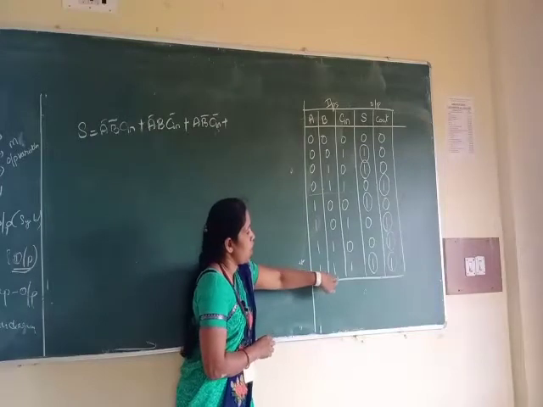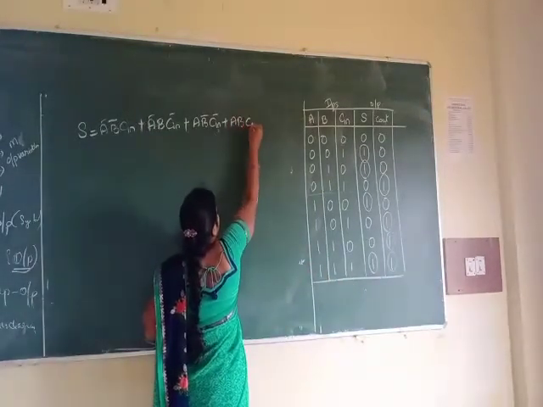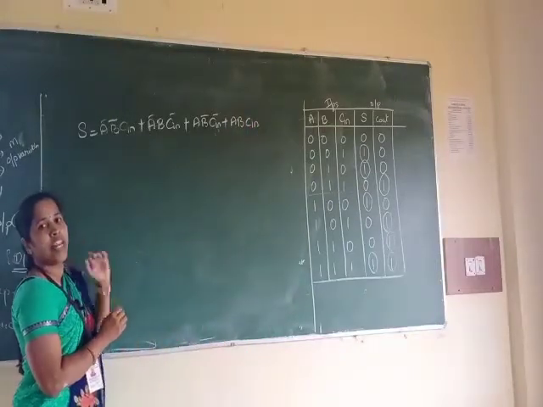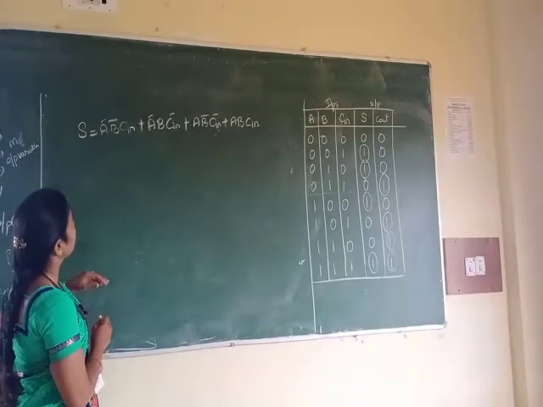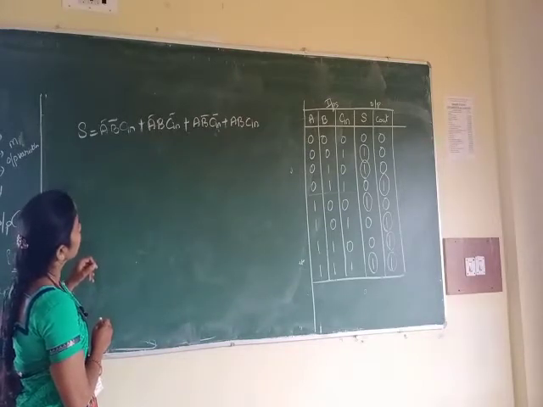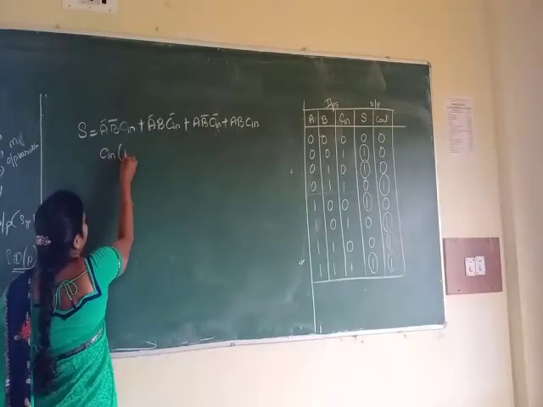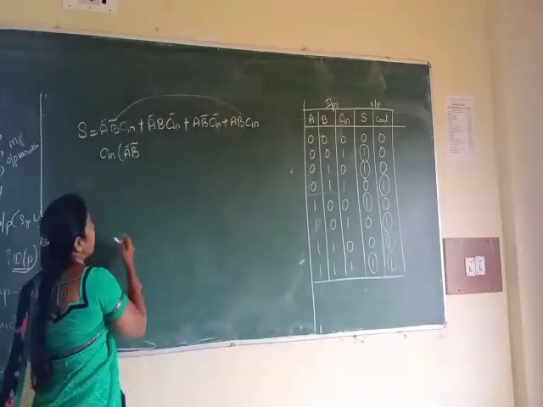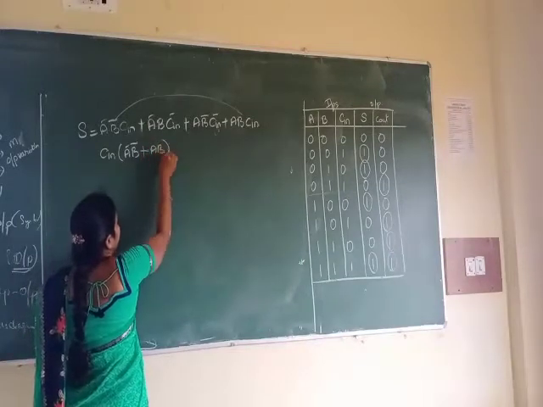Last one is all high values. Now in that case, A, B, C in. Now you have to reduce this expression here. So which is the common you have to check now? In this case, if I am taking C in common, A dash, B dash, first and last terms, so C in common, A dash, B dash plus AB.